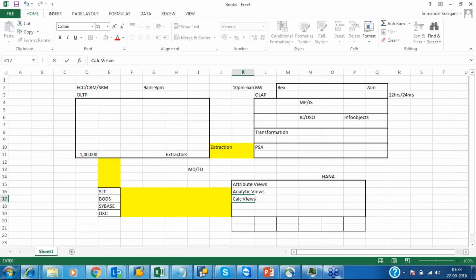All right. So there are three major models that we would be working with in SAP HANA. One for master data, which is the attribute views. The other two, basically, whenever we want to use analytic views, is specific for transaction data. And calculation views is basically for any kind of complex joins that we'd want to do with the different tables